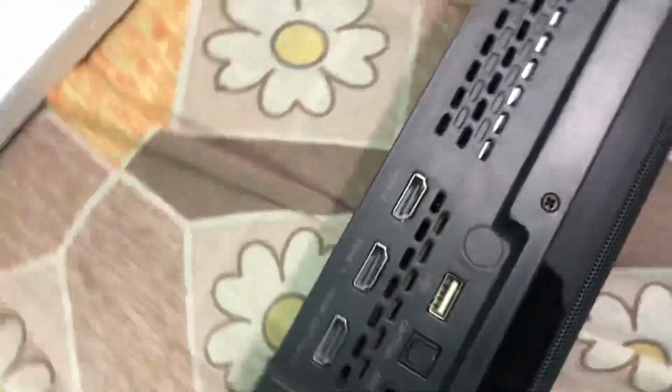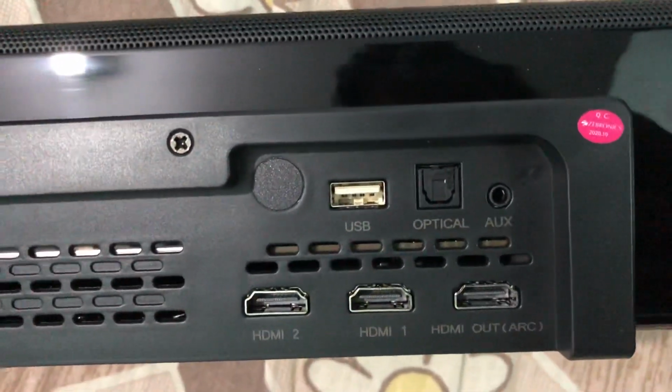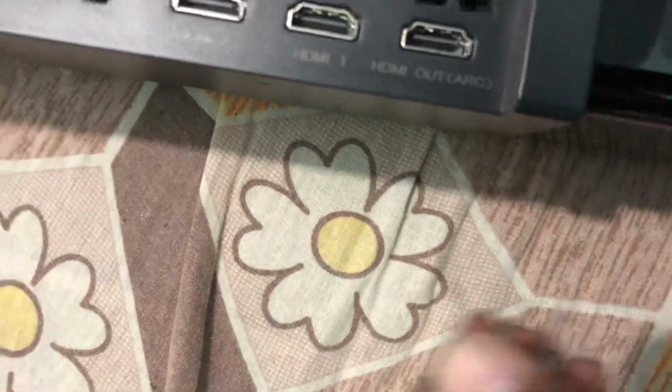Okay, and these are the connecting ports. You can see USB, optical, aux, HDMI 2 and all. This is the AC in,